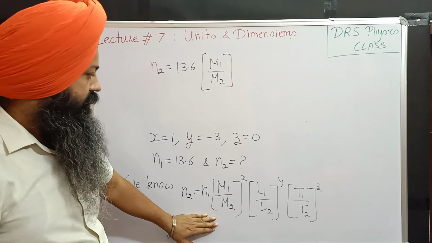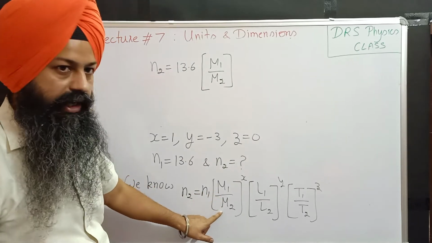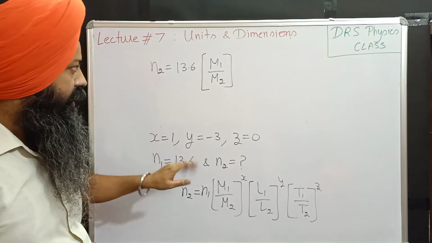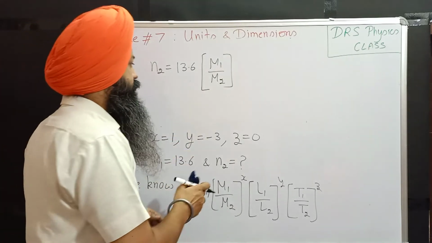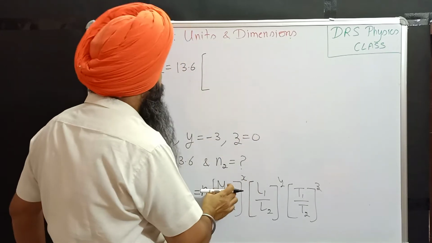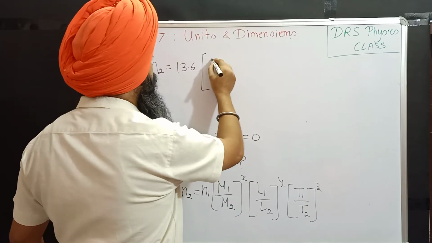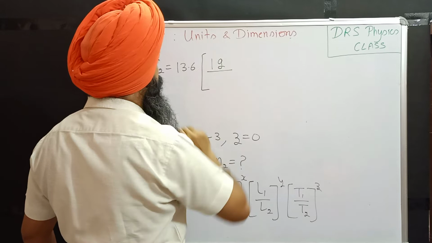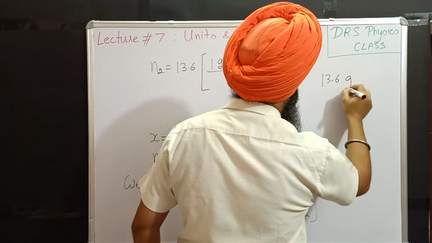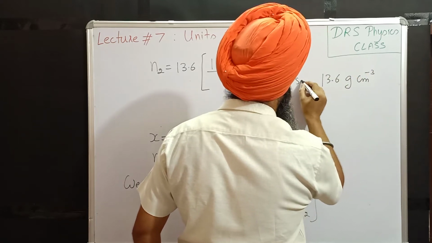Now we know from the experience that we can fill the value of M1 and M2 here. It would not cause you confusion because you have practiced two problems. The more you practice, the simpler it would become. So we can fill here simultaneously. What is the value of mass here? In the first unit, mass was given in gram. Please note it. We were given 13.6 gram per centimeter cube. So this was our first system.